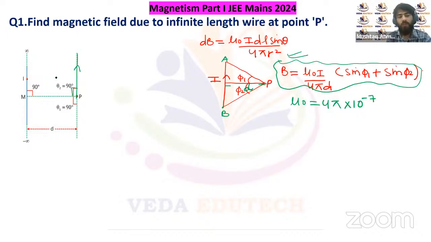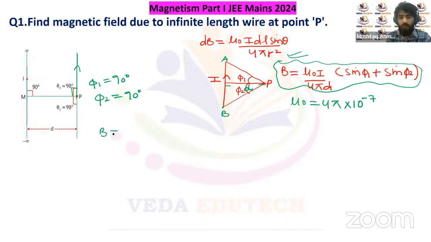then the angle phi 1 here will be equal to 90 degree, right? In the same way, the angle phi 2, if it is extending to negative infinity in the downward direction, then phi 2 also has to be equal to 90 degree, right? 90 degree each. So due to the infinite length of the wire, the net magnetic field will be,